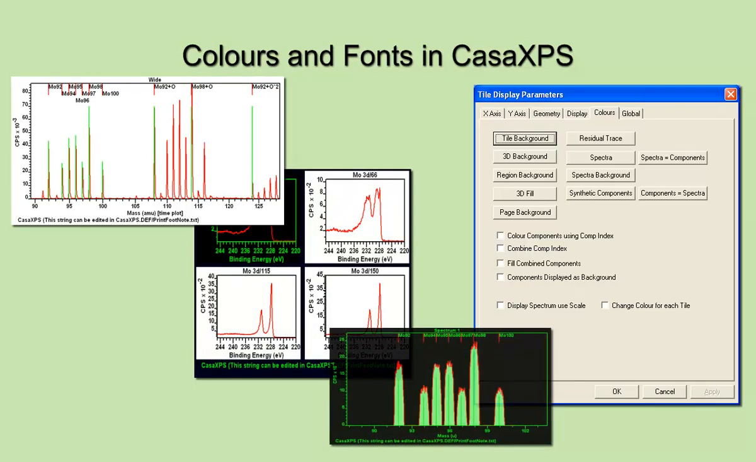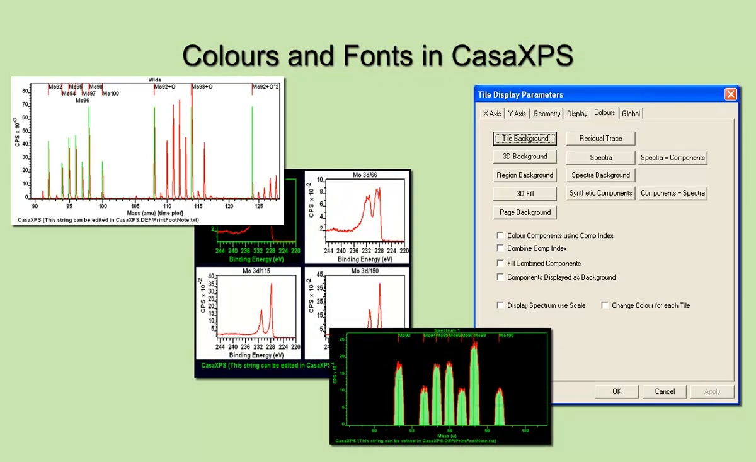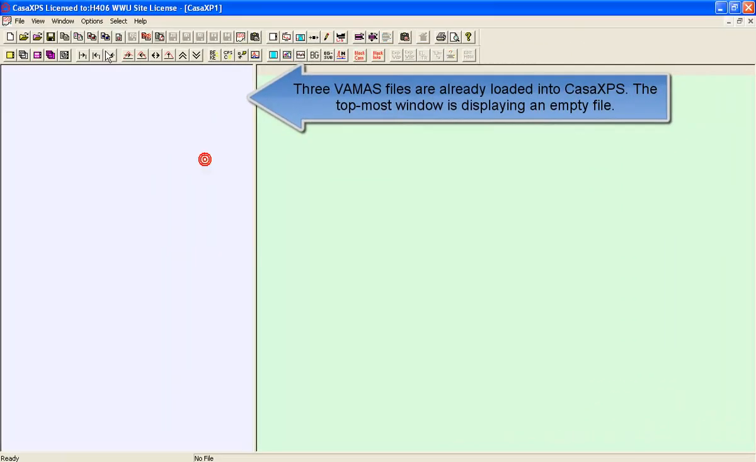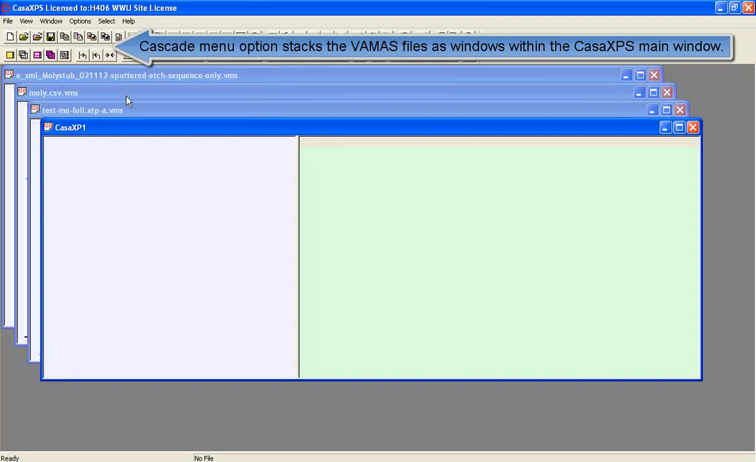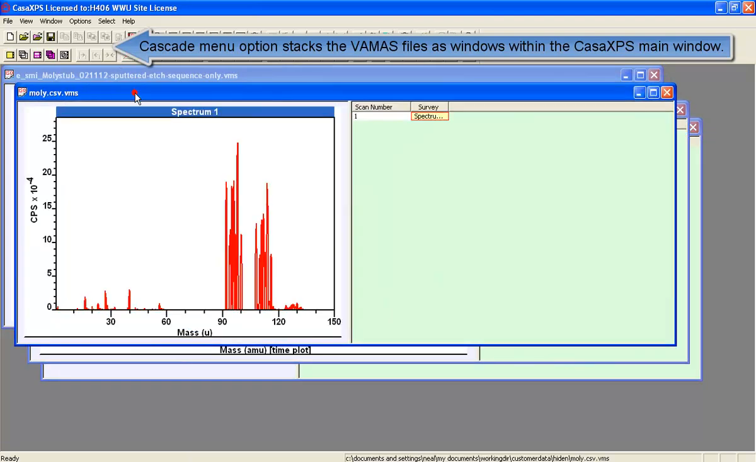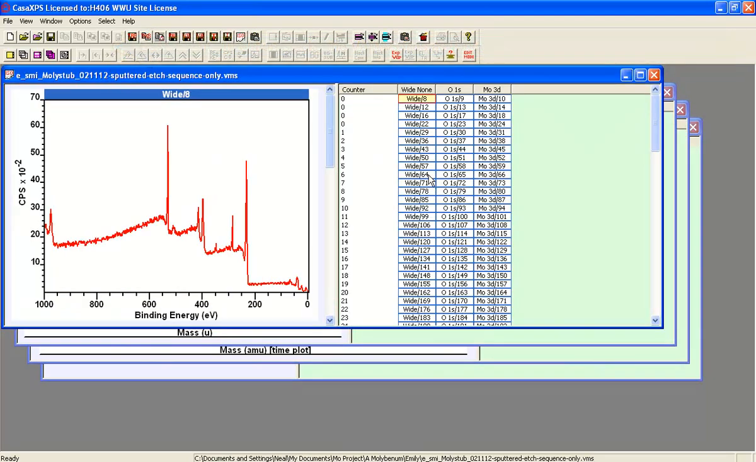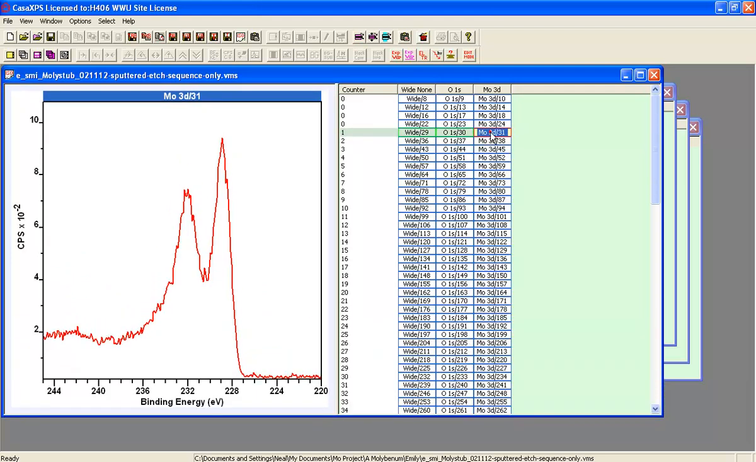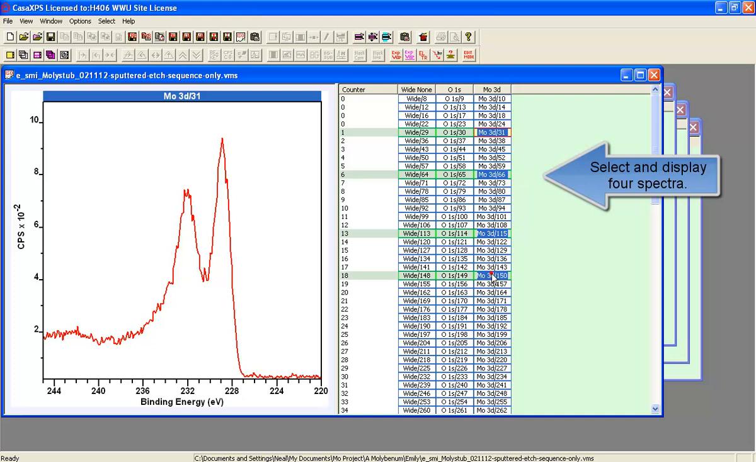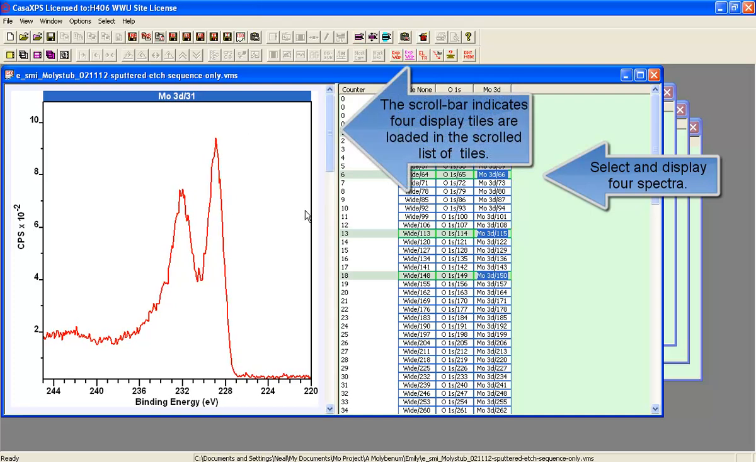Colors and fonts can be saved between sessions in CasaXPS using configuration files in the CasaXPS.def directory. An alternative to the configuration files is that you can save specific display state using TFF files. So first of all, we'll illustrate how you can set up various colors and fonts and then save these to